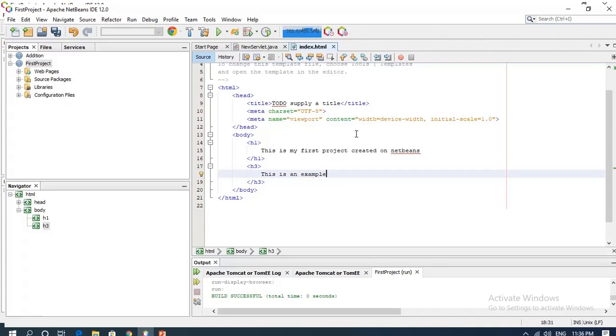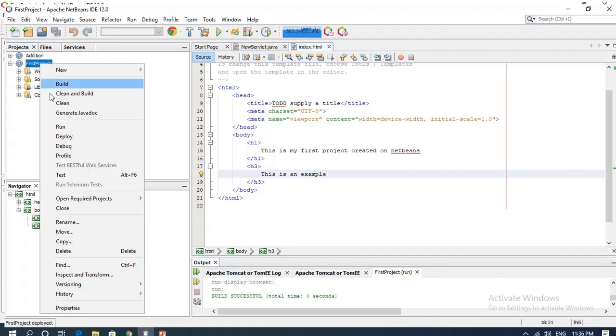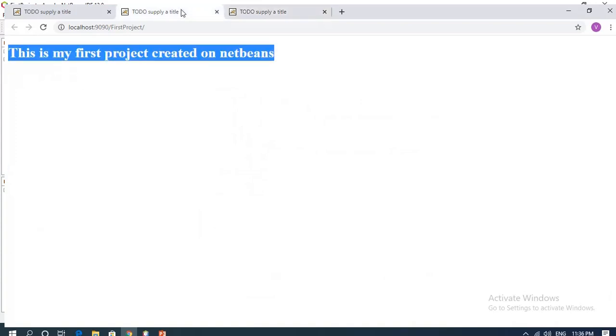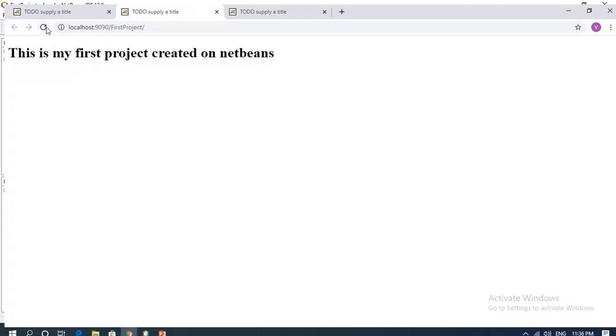Okay, this is the thing which I want to print. Simply save it, right click and run the project. See, can you see this? This is what is printing. Here, if I refresh this, I'll get this. Whatever you want to type, you can go with that header. Here, again, refresh it, you'll get the output. I hope it is clear to you.